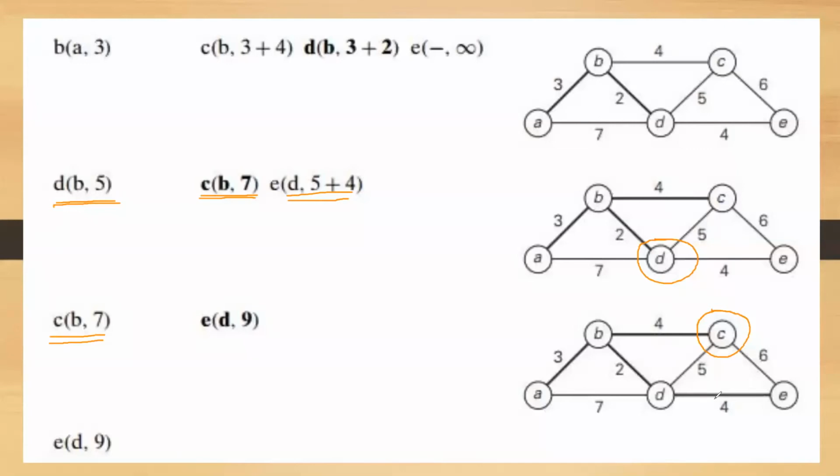Okay. Now you have to calculate via C. So via D you have calculated, via C you should calculate now. What is the distance of C? Distance of C is 7. Okay. 7 plus this 6, the cost of the edge. 7 plus 6 is 13. Whether that 13 is lesser than 9, the previous value? No, it is not lesser than 9, it is greater than 9. Therefore, keep the distance as it is, telling that E is reachable via D itself at a cost of 9.